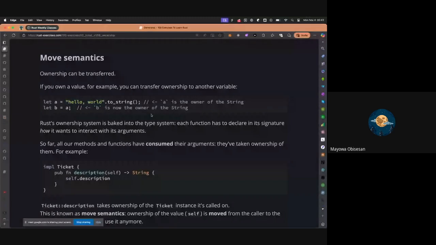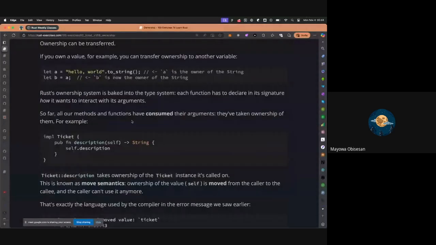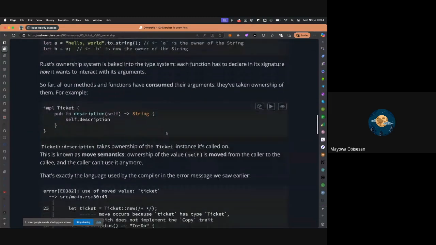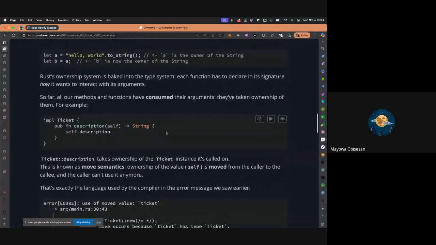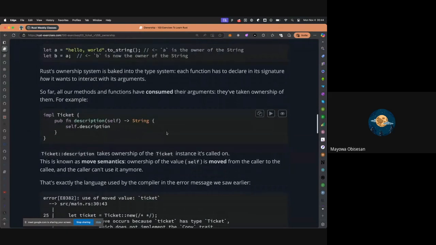So Rust's ownership system is baked into the type system. Each function has to determine its signature and how to interact with its arguments. Now, so far, all of our methods and functions have consumed the argument. They've taken ownership of them, for example, this. So it simply means that you have taken ownership. Why this was showing an error the other time, we are going to come back to it. We might not do that today because of time. I don't think we can explain everything I wish to explain here, so we might not even finish with ownership. But what's important to know is that